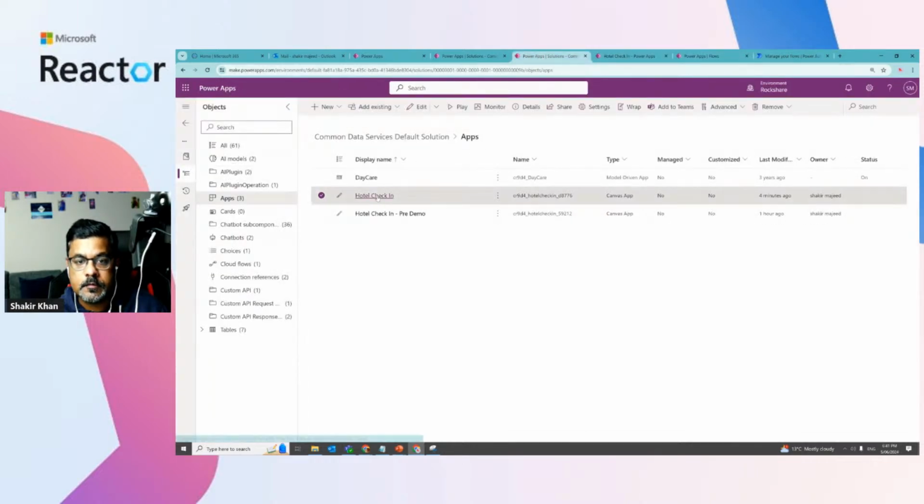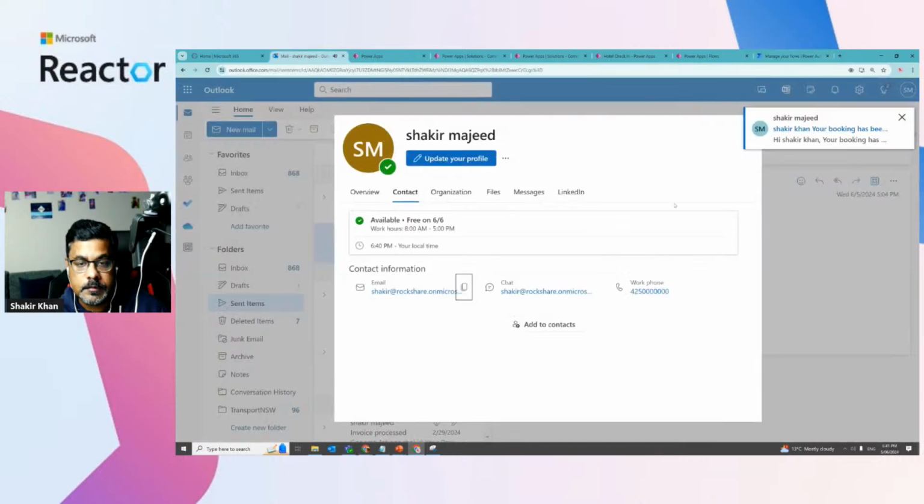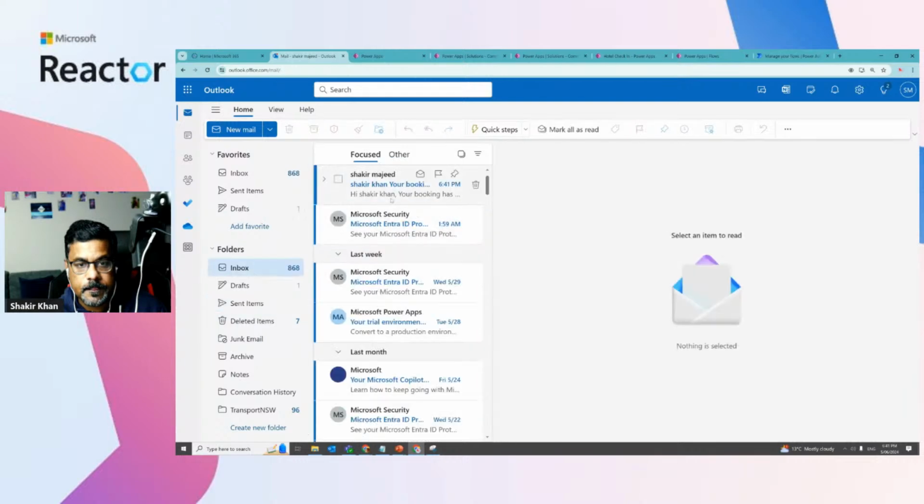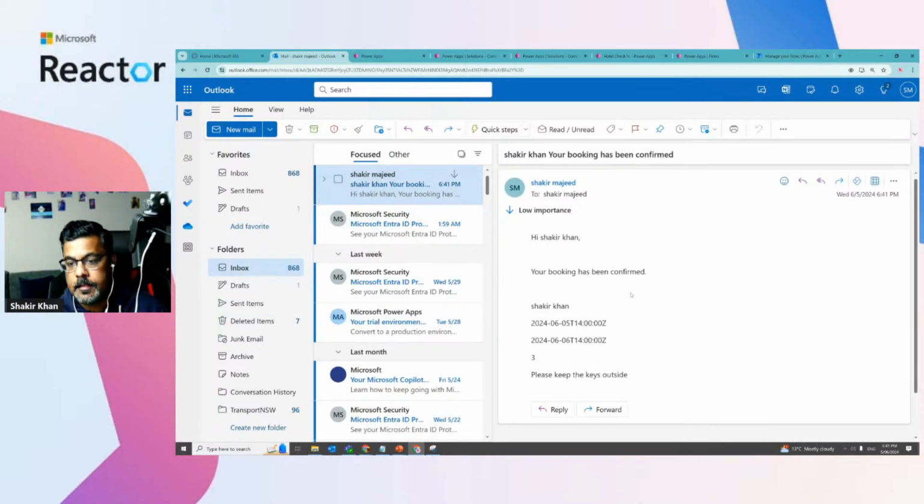And if we go into it, yep, I can see something comes up in my email address. So this kind of information, Shakir Majid, and then it gives you the date and time in ISO format,